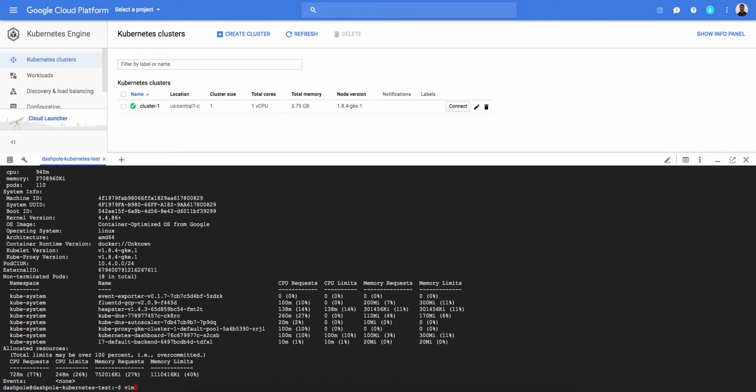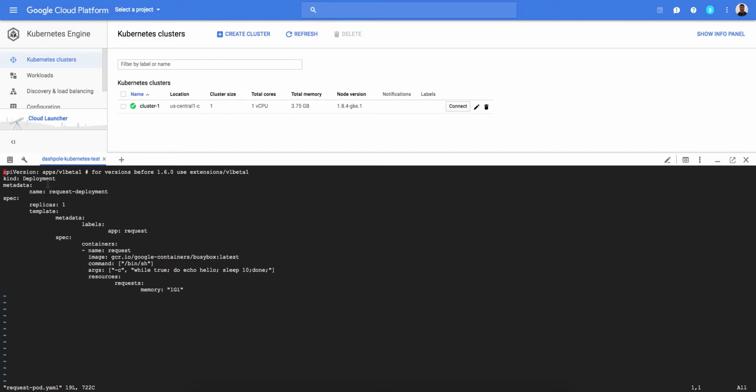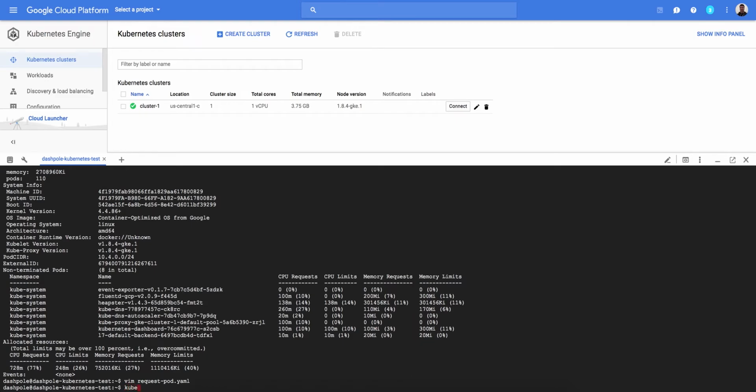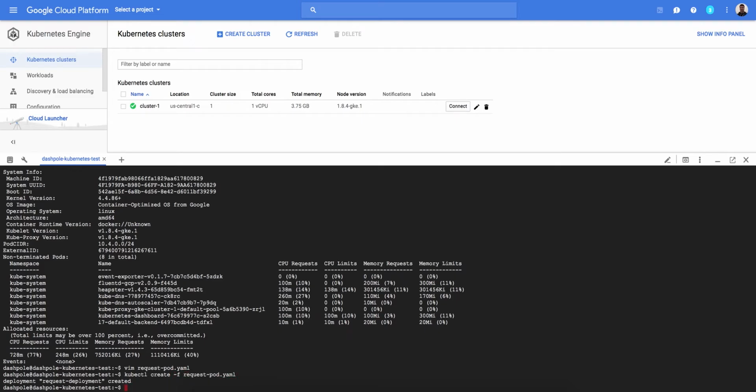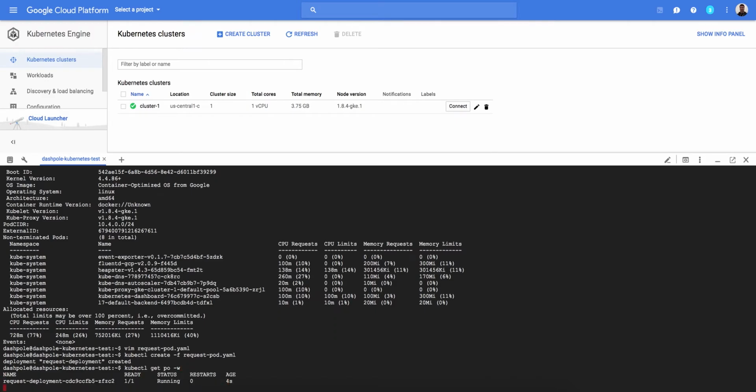So I've created this little simple pod here. It's in a deployment, has 1 replica. It's just a BusyBox pod that does nothing, but most importantly, it requests 1 gigabyte of memory. So if I create this pod, let's check it out. Okay, so this pod's running, and now if I describe the node again,